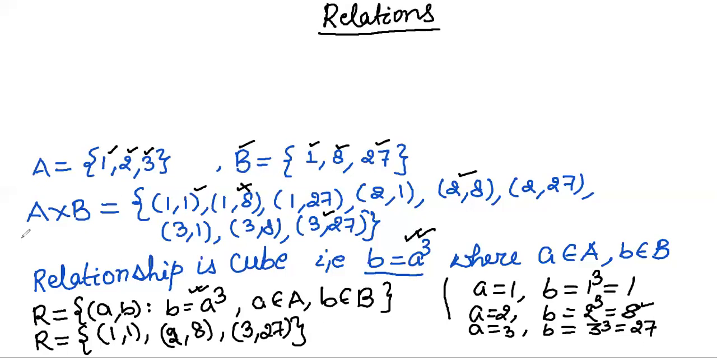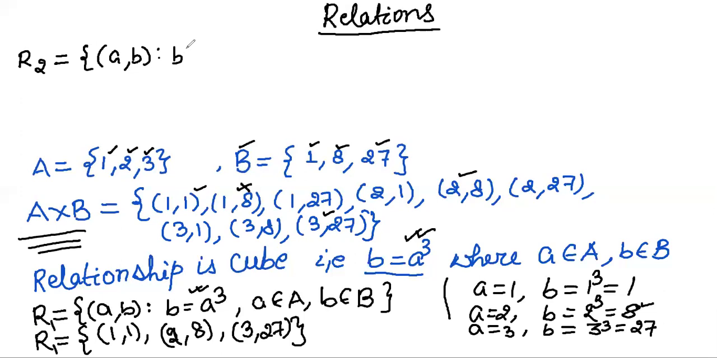From the Cartesian product of A cross B only. Some more examples we will take based on this only. This we can take as R1. Now R2 also I am going to take, and for R2, the condition I am taking here is (a, b) such that